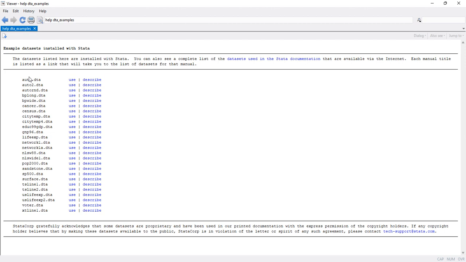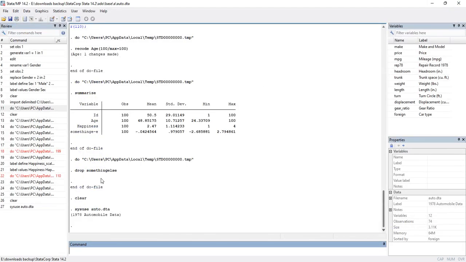For example, if I want to use the auto, which is the first, I'll just click on use describe, meaning you're going to get the describe, just as you run the describe command, the results you get, the number of observations, the number of variables and such. If you want to use it, just click on use. So I'll click on use just once. You can close the sample here and you should see this command that says use and then